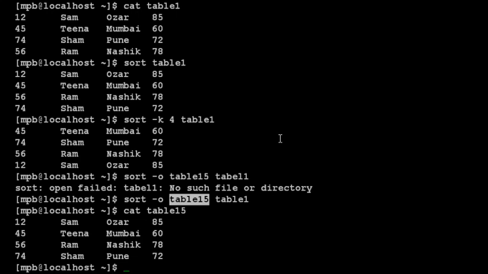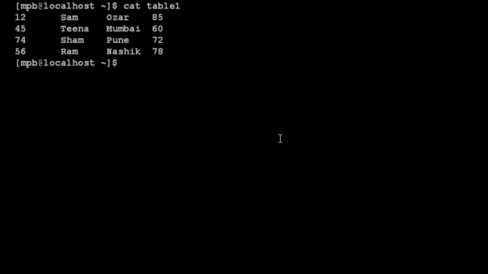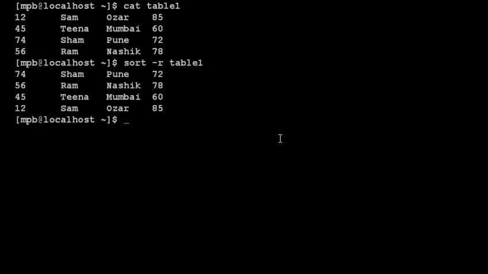One more option is there for the sort command if you want to make the sorting reversed. So if I say sort -r table 1, first we will display table 1, cat table 1, and then we will do sort -r table 1. So here you can observe that according to the first column the table is sorted, but it is in descending order.